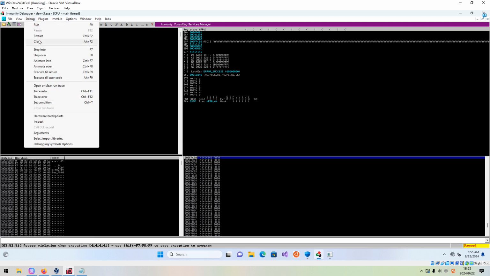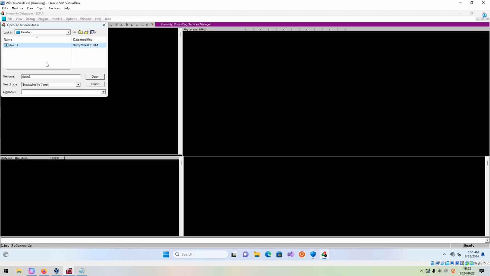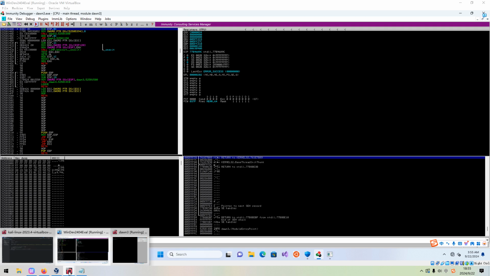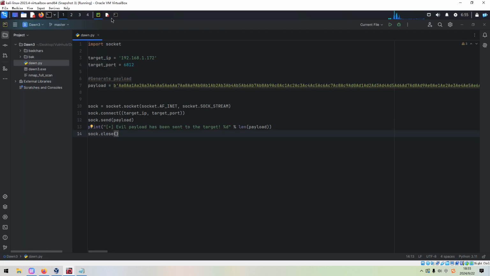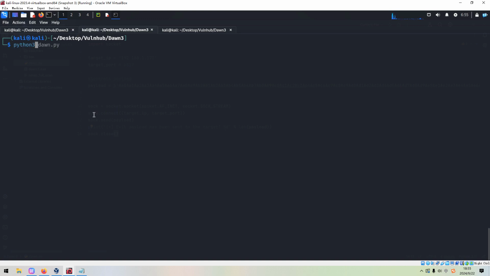We can close it, and then we can open the executable again. Open, and play or run it. It's running. Great. Now we go back to the terminal of Kali Linux. Now we can run Python 3 followed by the Python script.